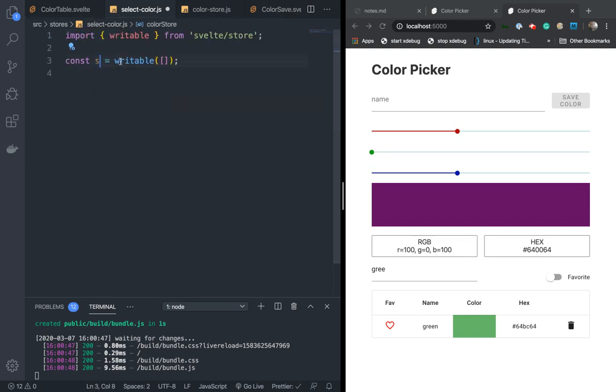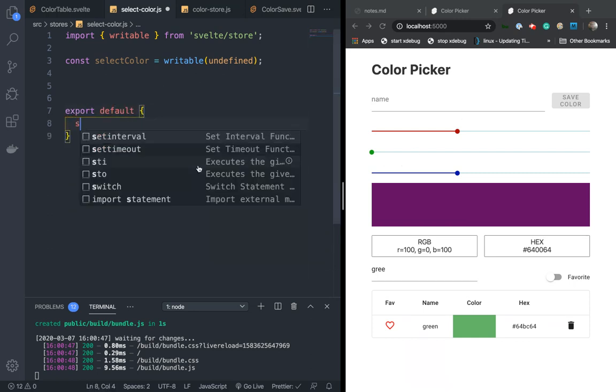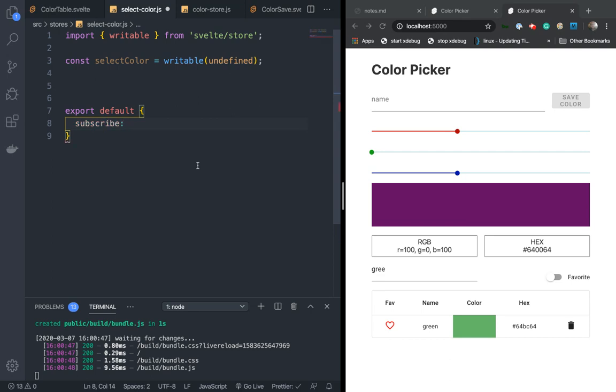So this will be select color. And this will take in an object, because this will be the color that we selected. So this will be called when we click on the row, and it'll pump it up to here. So we're just going to export default, do our select color.subscribe,